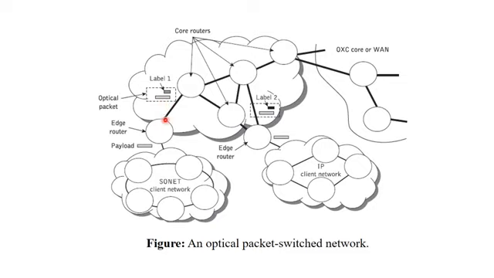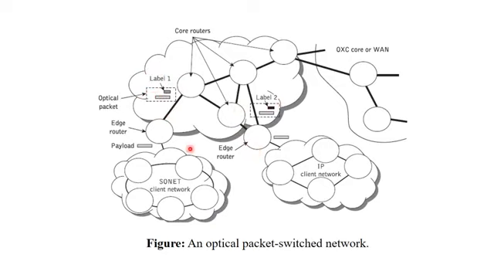Now this optical packet will move to another router, and then gradually, similarly, it will move towards the destination. And it must be taken care that at each router this label part is going to be read. The payload part will be kept unaltered. Only the label will be decoded at each router, and then the router may update the label so that it can traverse through the immediate next node towards the destination. Right? So here we can observe that.